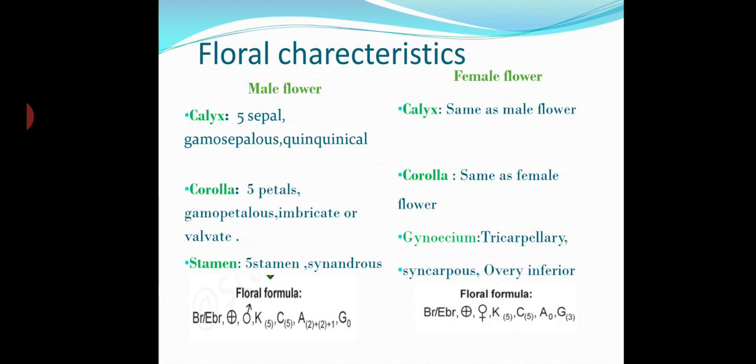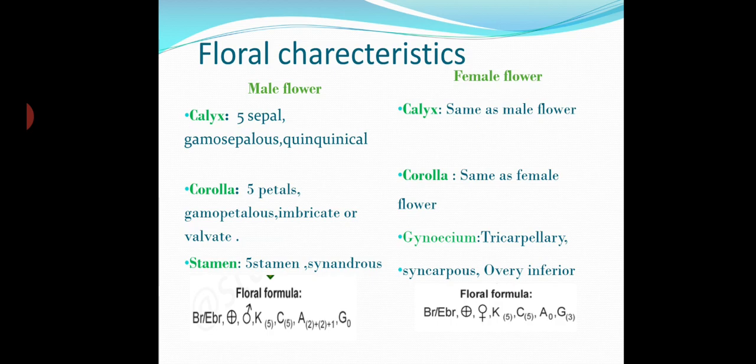And the next symbol indicate it is actinomorphic. And here the flower is staminate, that is only it bears male reproductive part. So, the third symbol indicate flower is male. Then in the case of calyx, 5 sepals would be there and they are gamosepalous. So, we put it in bracket, that is bracket indicate they are in fused condition or they are fused together. Corolla also 5 in number and fused.